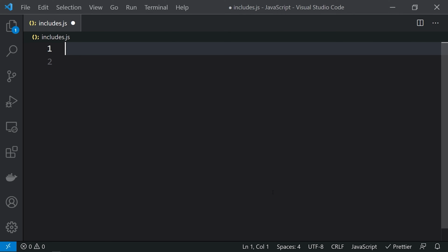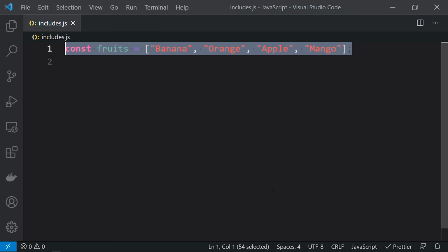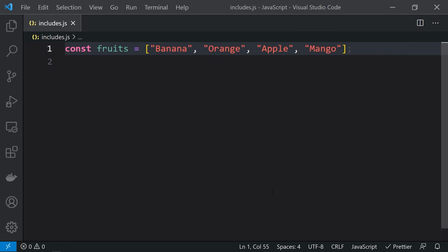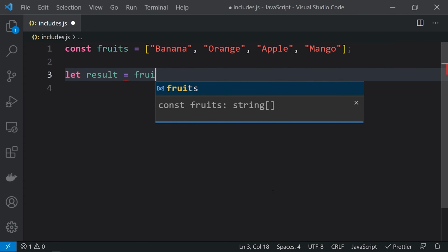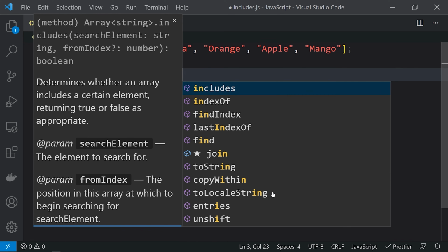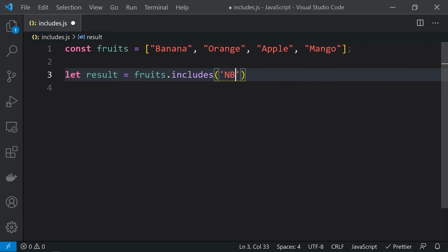The includes method is used to search a particular element inside an array. Let's take a fruits array where there are elements like banana, orange, apple and mango. Let's try to search if banana is present in fruits or not. This includes method will return true or false based on whether the element is found inside an array or not. Let me create the variable result equals fruits.includes, and here we will be passing banana,